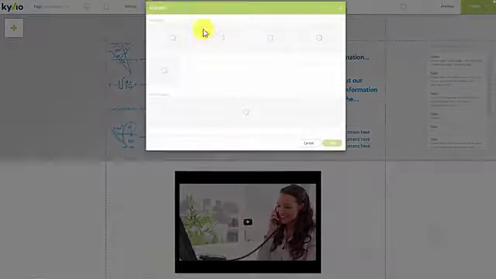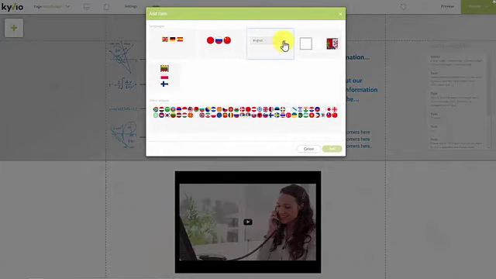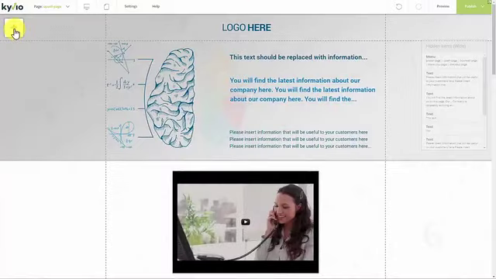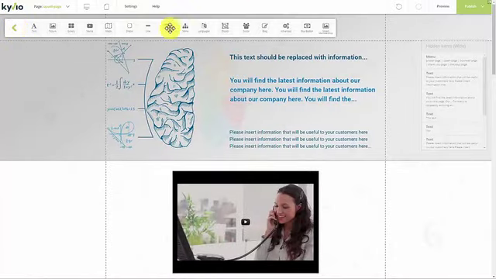But there's languages too. So if I click on languages, you can give people the option to choose one of different languages. Now this is in beta at the moment, and eventually we'd be able to provide translation in multiple languages automatically as well. So the one thing I want to show you here as well is the buy button, which is pretty cool. So if I choose the buy button,